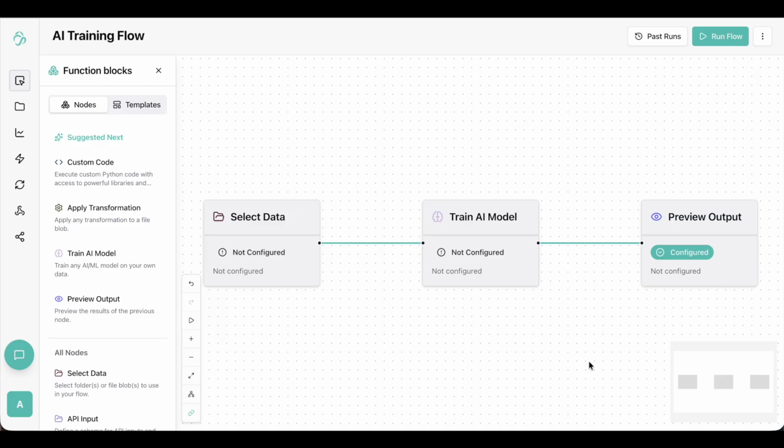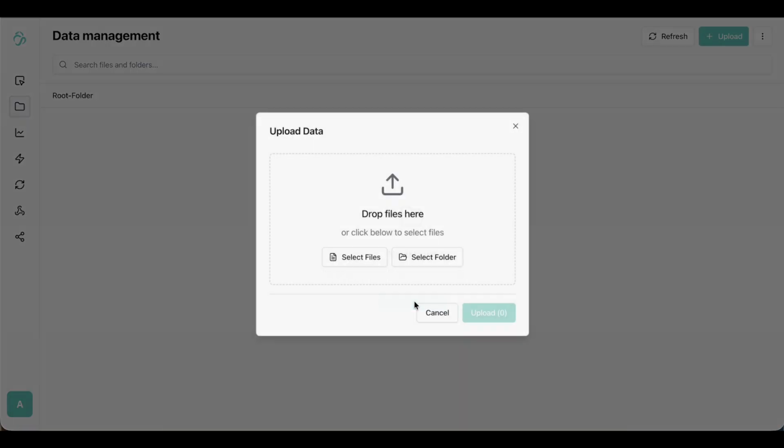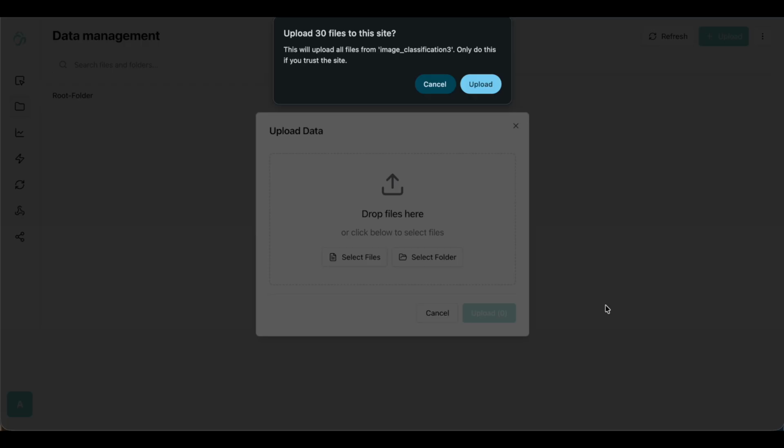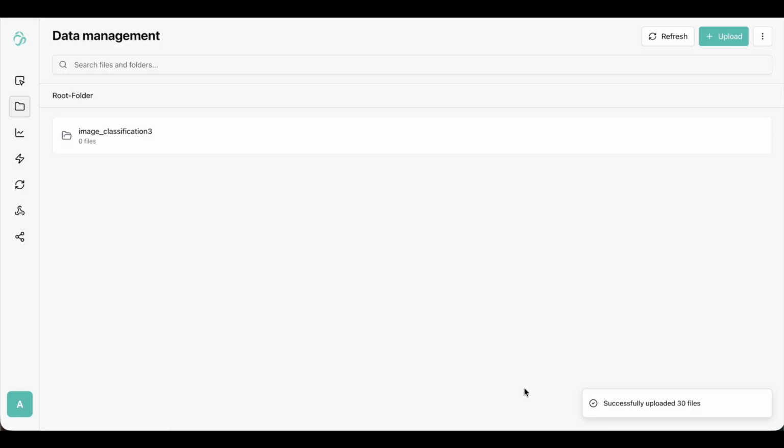In order to do that, we're gonna head over to the file manager here in the left toolbar and press on the plus icon. This time we're going to be selecting a folder that consists of all the images that we're going to use for our training. So I'm quickly gonna press on that and select my file. You'll see that it now asks for extra permission to upload several files to the site. I'm going to confirm and upload it right here. Once you receive confirmation that it successfully uploaded your files, we're going to head back to the flow editor